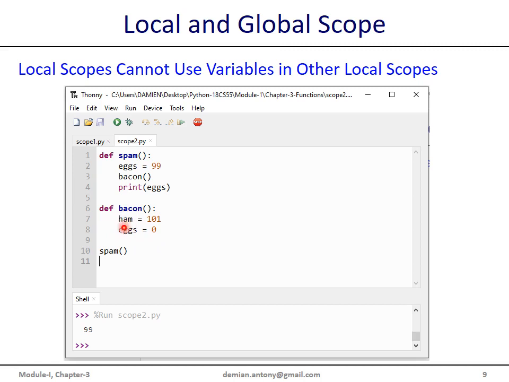One is ham and the second one is eggs. What about the usage of the variable x? As I said, we can have variables with the same name at different scopes. Here I have a variable x and its scope is limited to this function, confined to this function.